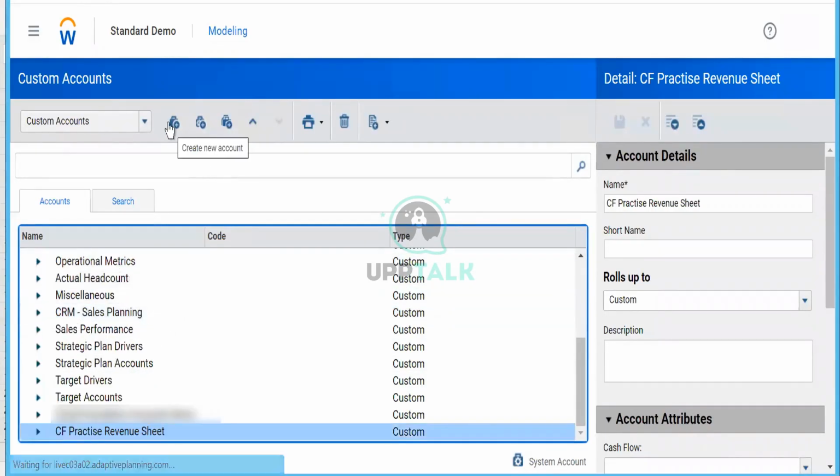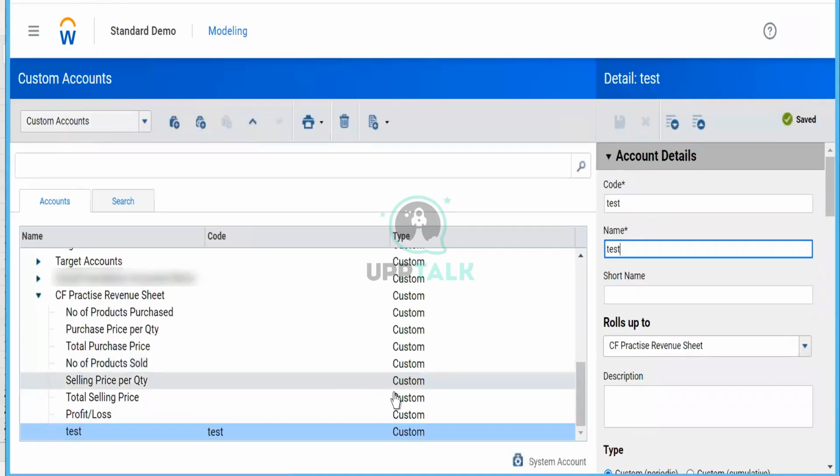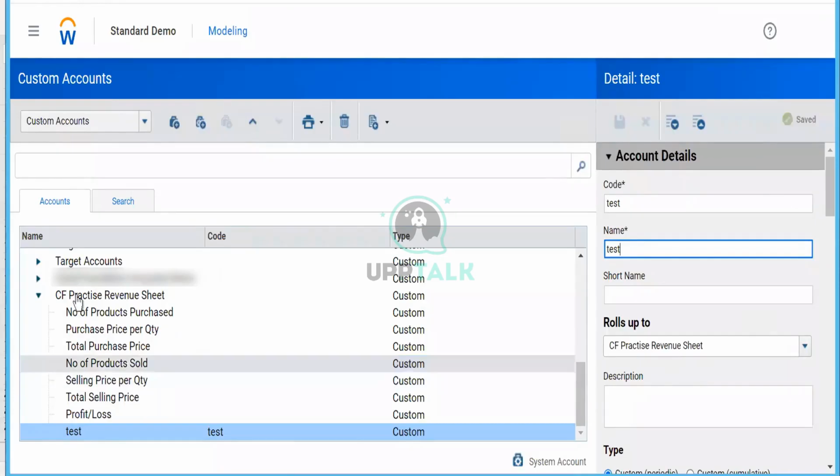But if you create something outside, then you need to add it, because it is rolling up to somewhere else. As of now, it is rolling up under your practice test, so it will show up.